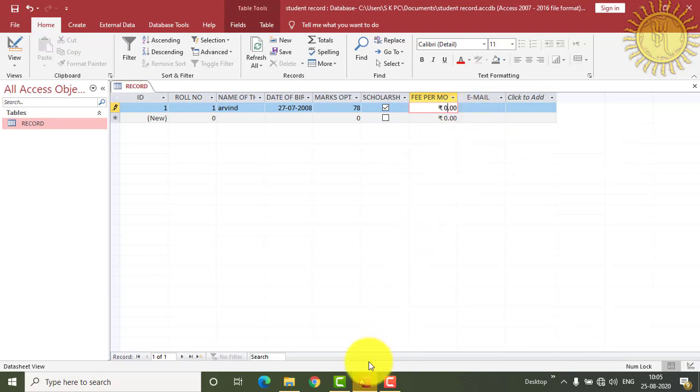now here we will insert the fees per month as 1000 and press the tab button, and here we will write the email.